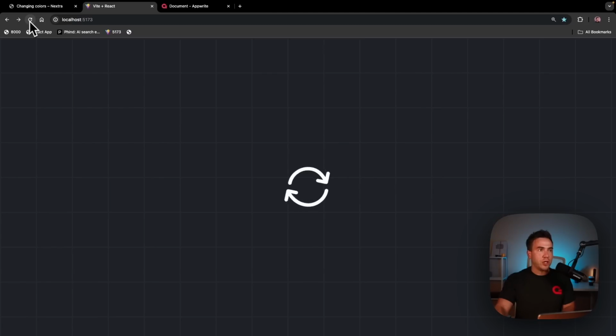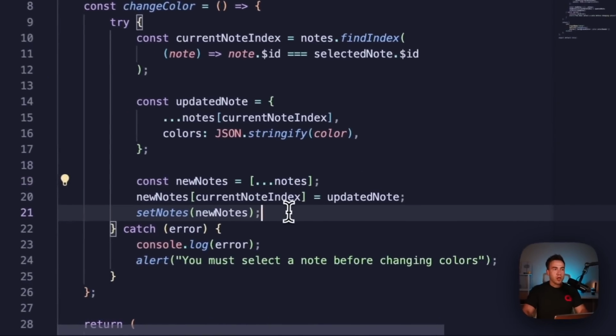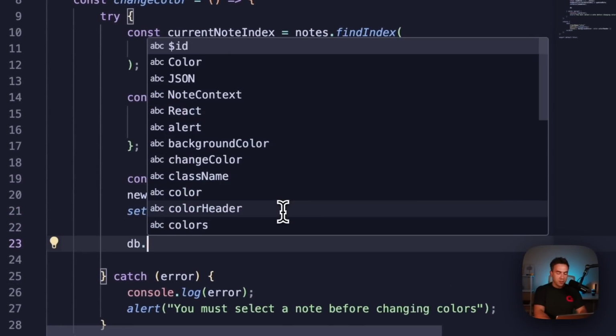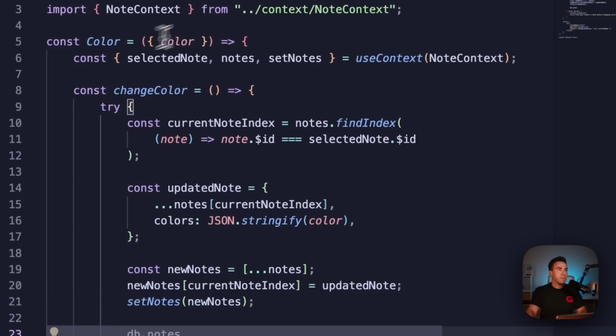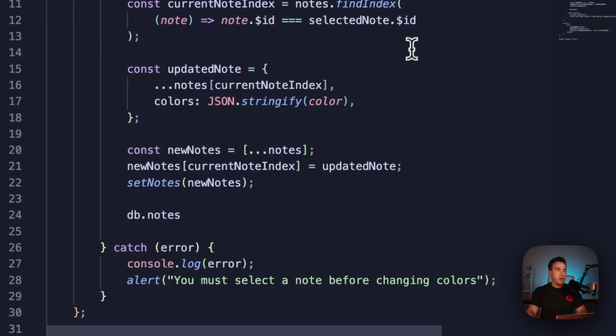Now, if I refresh it, the colors are going to go back. So we just need to make sure that we update it. So we'll go here after we set the new notes. Let's go ahead and call db.notes. And let's make sure I updated or imported db. Let's bring that in. There we go. We have the import